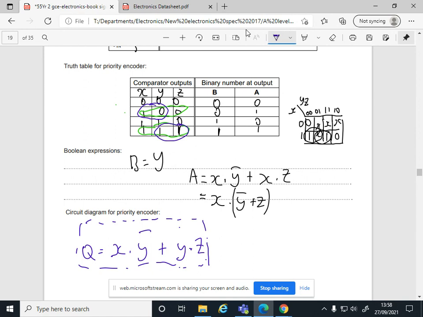Okay, and then it's asking us to draw it. So let me just show you how I would draw this. B A. I'll draw the top one. So how would I draw that? So I want to end with B and A, don't I? So B and A. So we've got X,